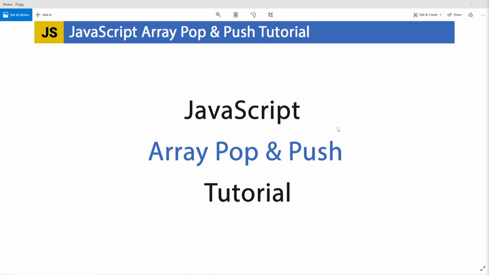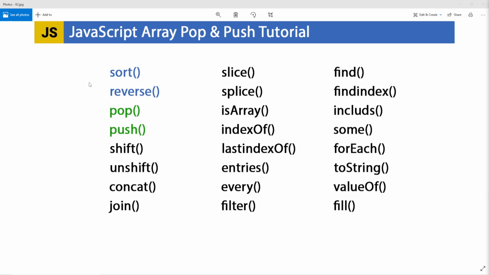Once again I'm back with a new tutorial related to JavaScript, and in this tutorial we are going to learn the JavaScript array pop and push methods. These are all array methods. In our previous tutorial we learned the sort and reverse methods, and in this tutorial we are going to learn the pop